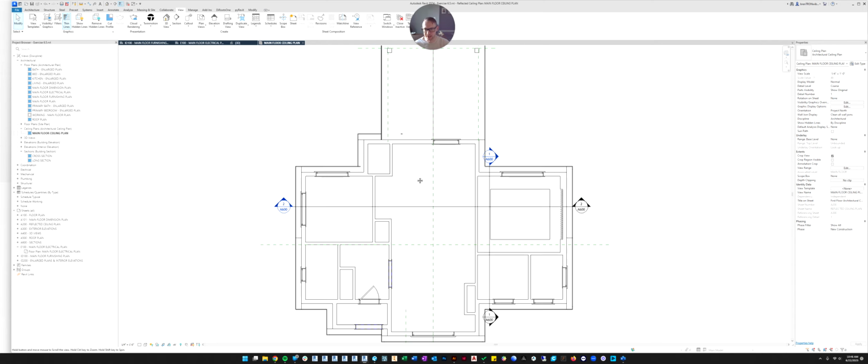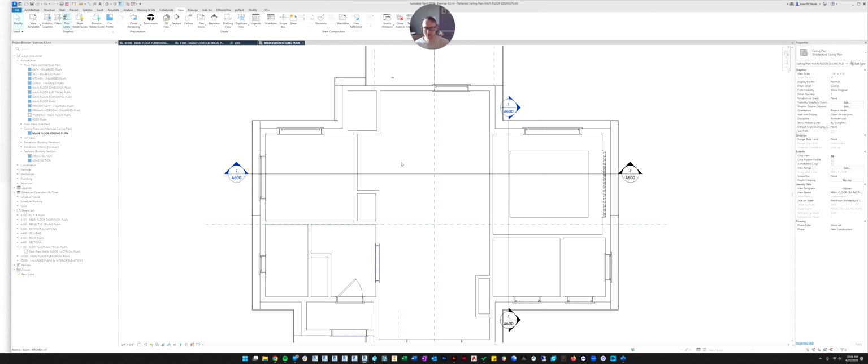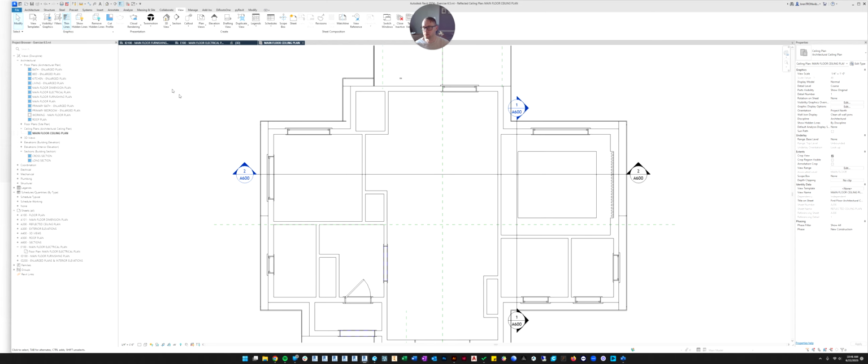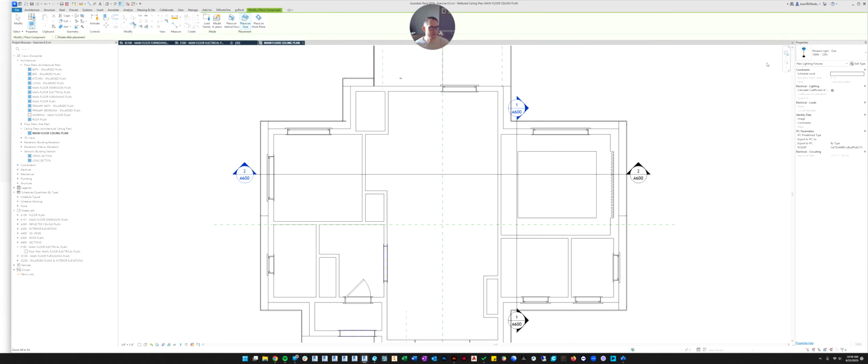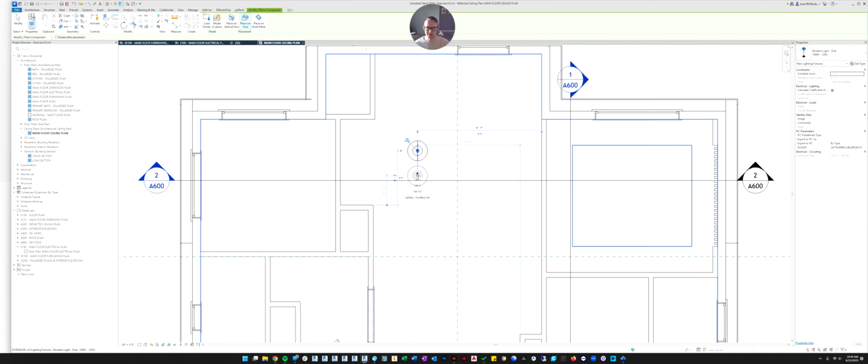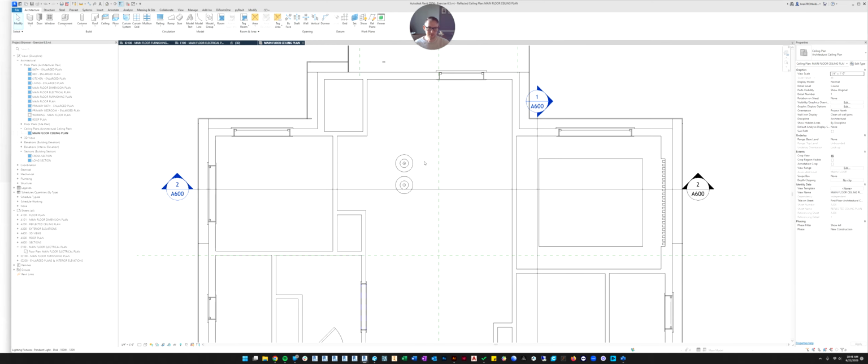All right, so here's our ceiling plan. And this is where I need to place the light. Let's go to component. It remembers we were placing a light. But now we can't see our furniture or our cabinets. So this is a problem while I'm trying to place lights. I know it's going to be somewhere right here. Let's just do 2 over the bar.